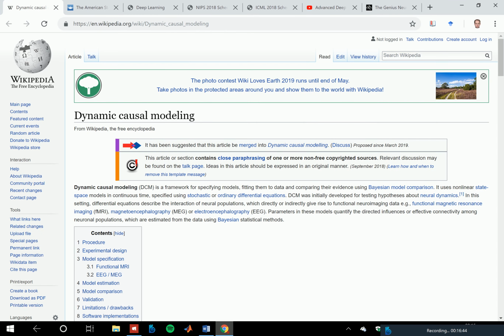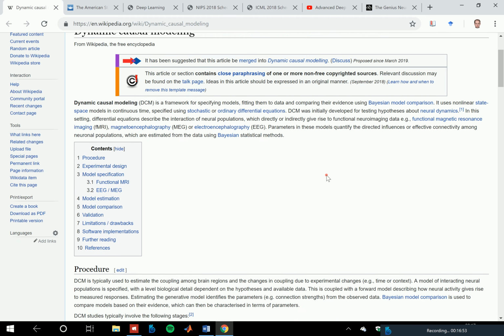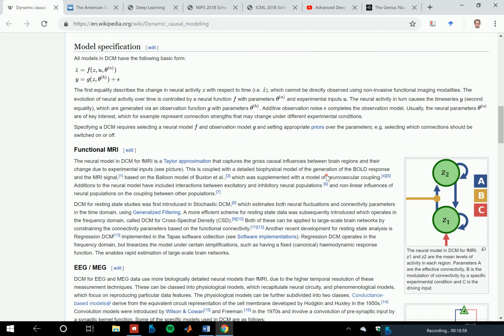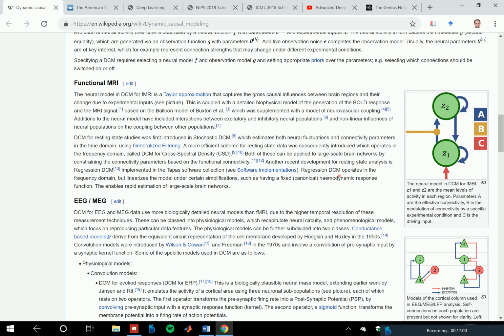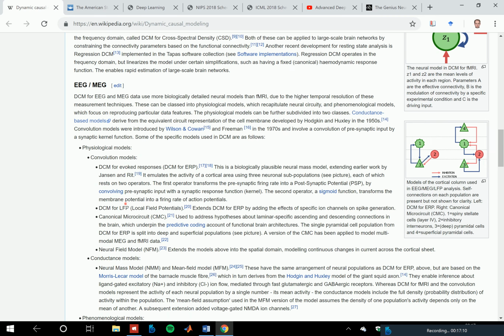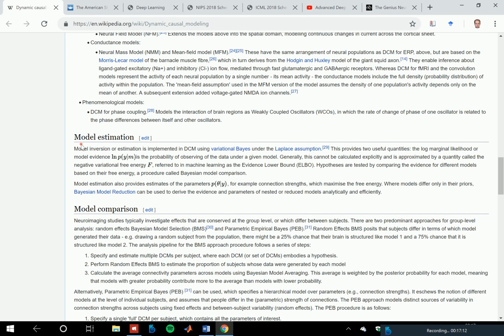and I decided I would prove everything to you today because it's on the internet, which is of course a very strong proof, because everything that is on the internet is right. So this is the Wikipedia entry for dynamic causal modeling, and you see certain things that we also discussed, things like that, for example, which we've seen. And then if you go to model estimation, you will see model measurement using variational Bayes and the Laplace assumption, which is,